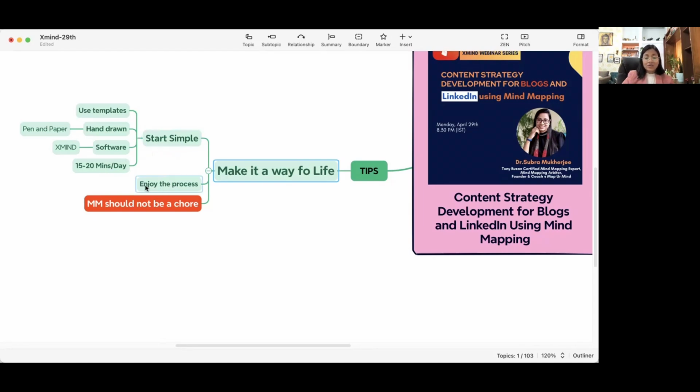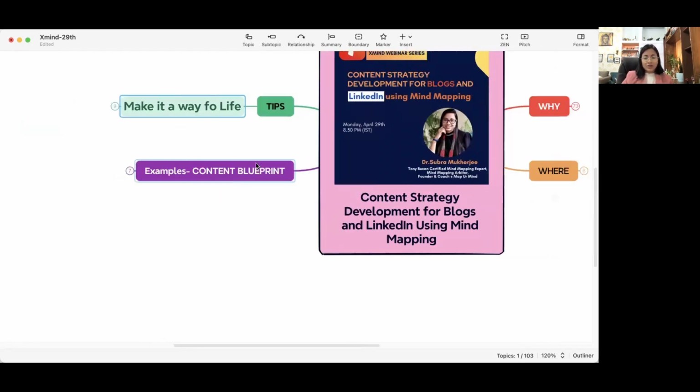And again, very important that you should enjoy the process of mind mapping. Mind mapping should not become another chore for you. Rather, mind mapping should be giving you a kind of relaxing experience where you look inwards and you find out, okay, these are the things, whatever complex task you are being assigned, you could break them down and put it in the mind map. So it's going to be working wonderfully for you.